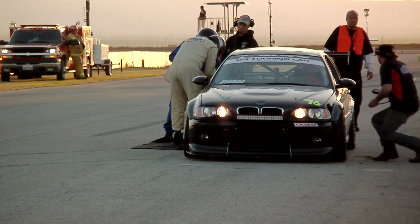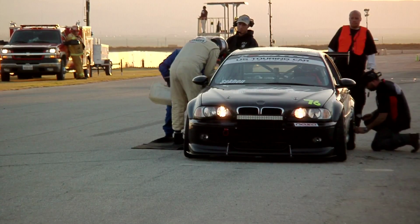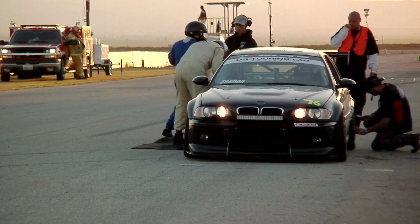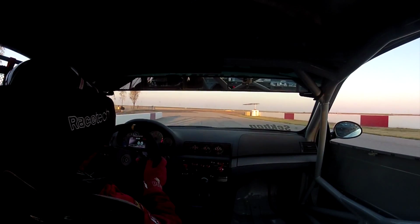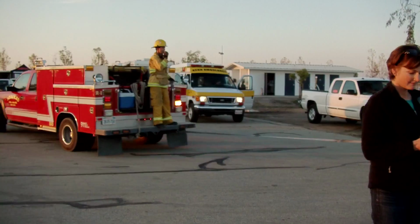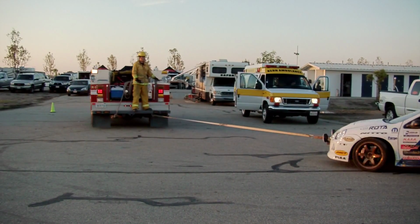Yeah, that was not good. But it looks like he's coming on for refueling. That was actually pretty smart of him. If you're going to be pulled in, might as well take the opportunity. It looks like the fueling is going on just fine. Again, as a 2-hour race, nobody can practically do this without refueling. Refueling is not required, but most of these cars are not going to have the needed...